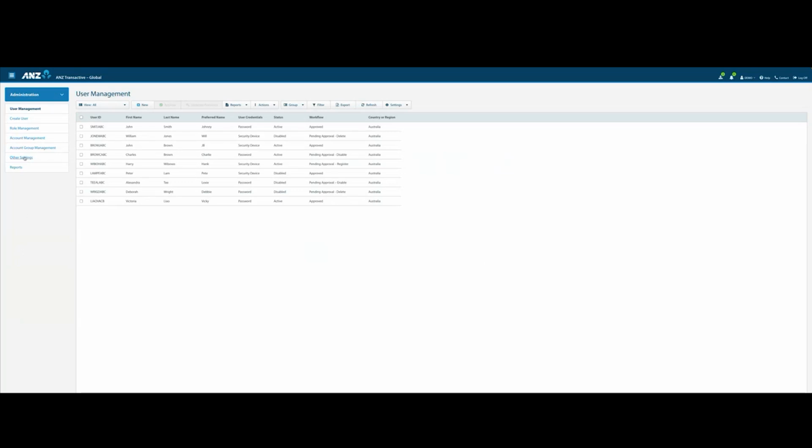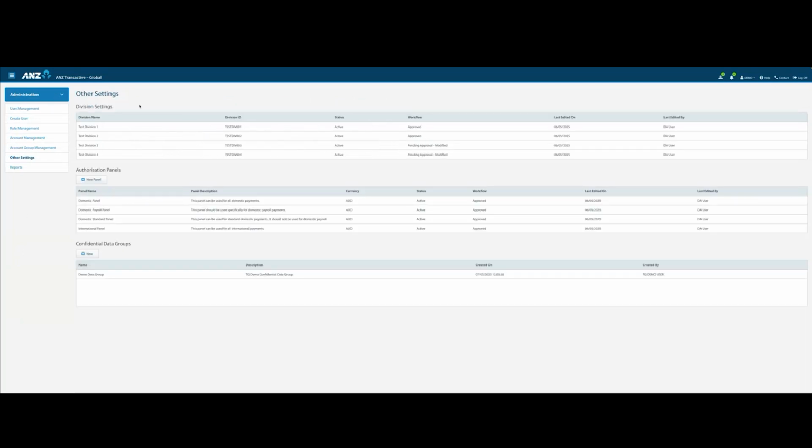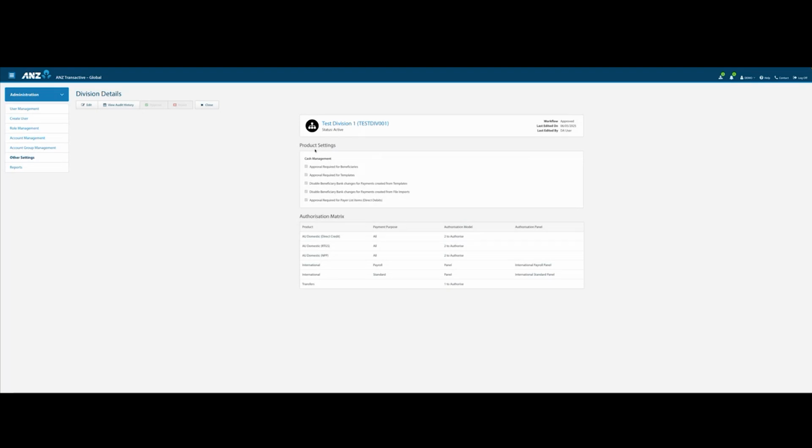Select Other Settings, then Division Settings. Select the required division. The Product Settings field contains a number of features you can enable or disable. And as you can see in my settings, the Disable Beneficiary Bank Changes for Payments is already selected for both